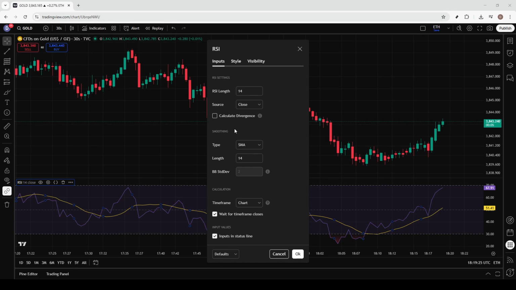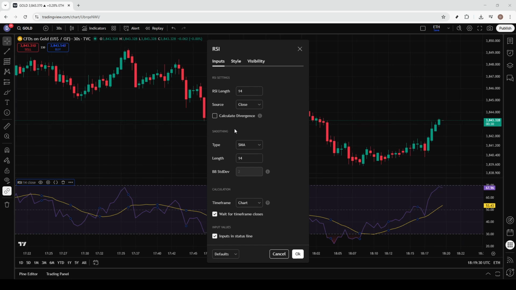To edit the settings of this indicator, look for the gear or settings icon associated with the RSI chart. Clicking this will open up the settings window where you can modify the parameters to match your specific analysis strategy. Here you can adjust the length, the source, and customize the colors to make everything more visually coherent with your